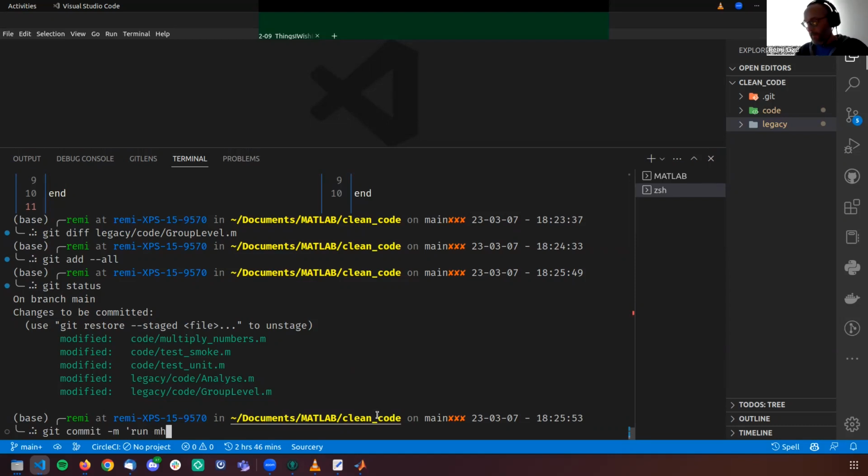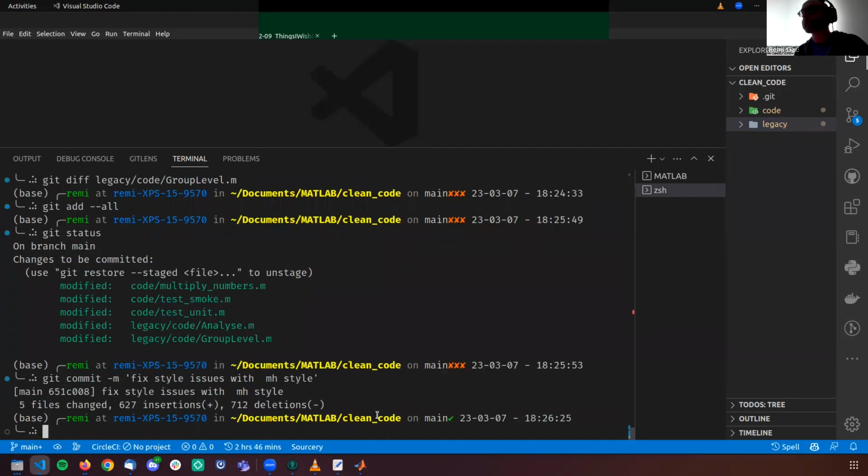Run Misfit linter style with, well, yeah, actually, let's say fix issues with Misfit. That will be another way to say it. So now we have a new commit.